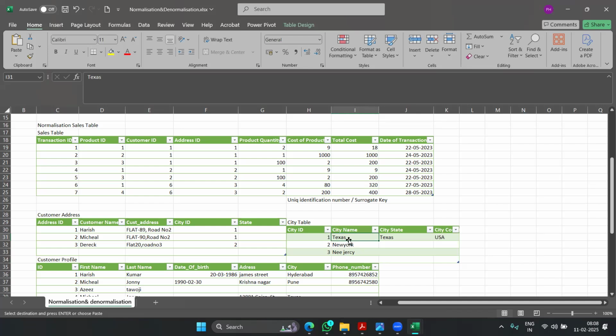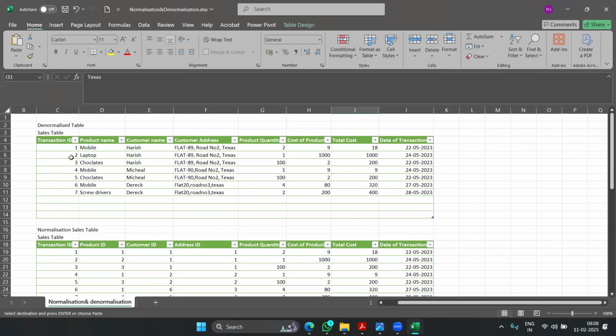The advantage of denormalized form is this: if you see here, whenever you are querying data in the normalized form, it should be referring to multiple tables, which means the response time increases. So that is the reason in operational systems we go with the denormalized form, because in operational systems,